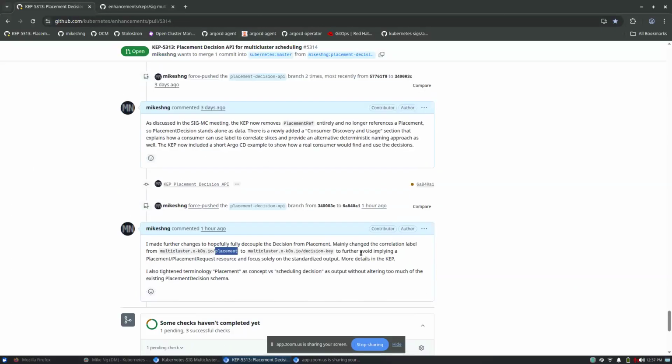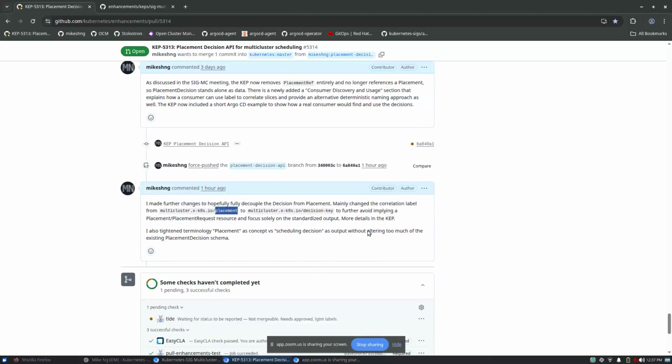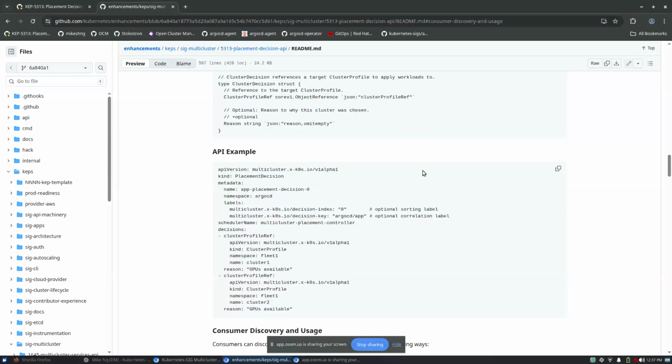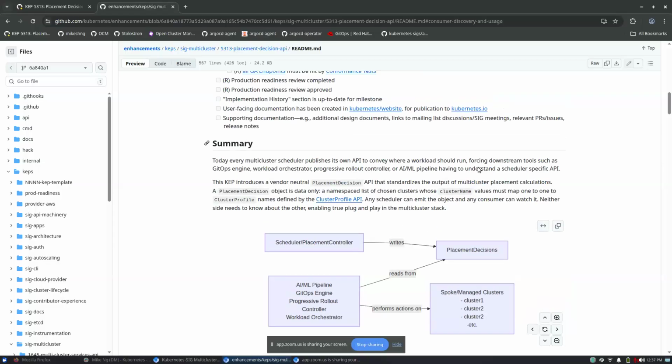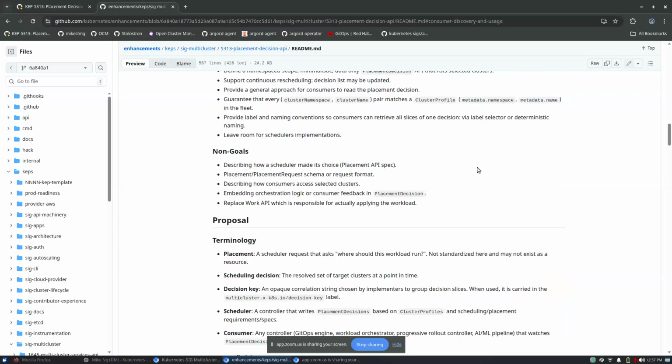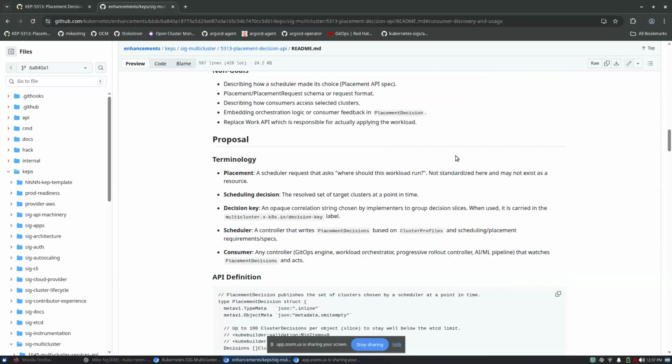Overall in the entire cap, I'm trying to clear out the placement reference, and when I explain the placement, I mention that it's a concept and not an actual resource, not standardized in the cap and not existing as a resource.